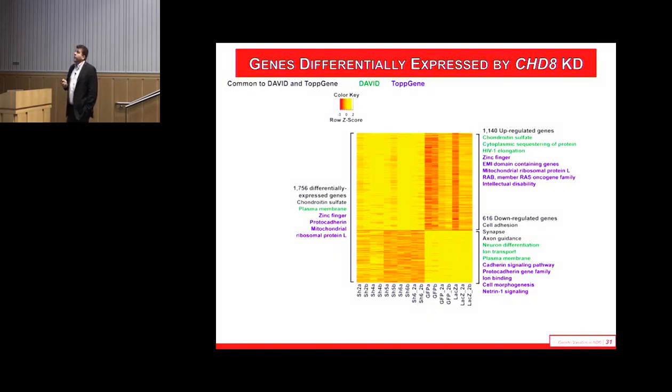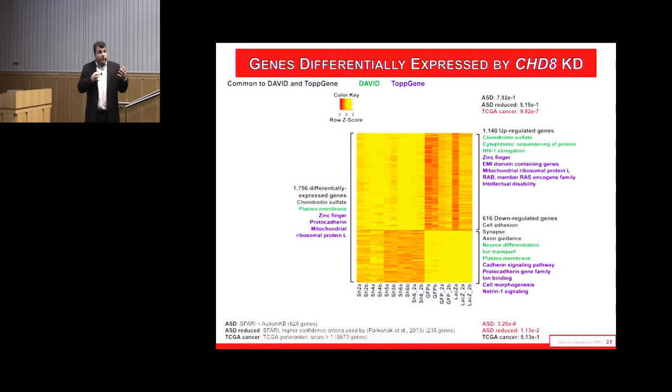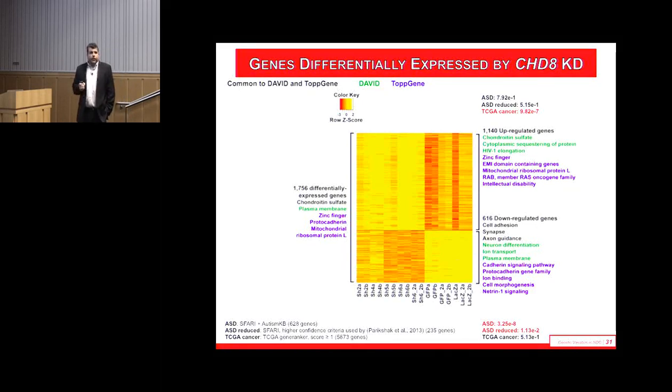But in general, we then asked, of these genes that go up and genes that go down, what does the autism profile look like among those genes that are regulated? Is it the case that CHD8 regulates a large number of autism genes, and that's why we see this association? In fact, if we take the genes that have been curated, there are 628 genes curated by the Simons Foundation for Autism Research as having been implicated one way or another in autism. It's a very broad set of genes. It's not terribly specific, but we just asked a very broad question: are those genes associated with CHD8